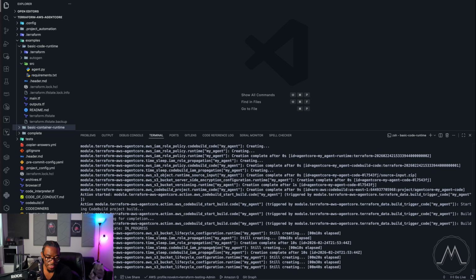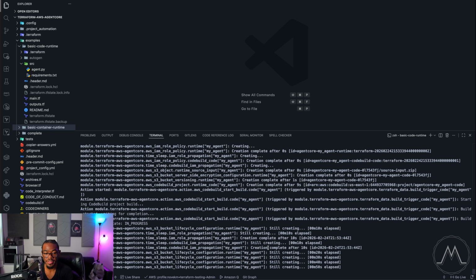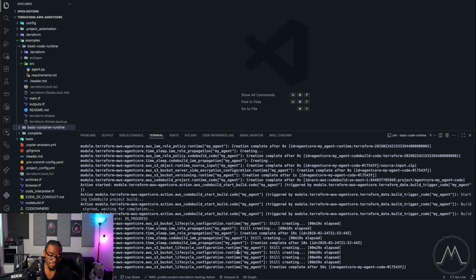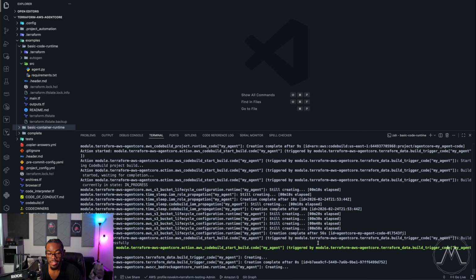So you can see here, it's going through and it's creating some other things, because there's still this parallelism in this, as in it can be running the action and also doing other things that aren't related to the action. So it looks like what it's going through is creating a lifecycle configuration. The action is also still running, because these aren't dependent resources or dependent operations that are happening right now. So we'll give this a little bit more time and we will wait, and ultimately what we're going to want to see is a green status message, and it's basically going to give us a success that the action has completed. Once the action is completed, then it's going to continue on and use the asset that was created for the